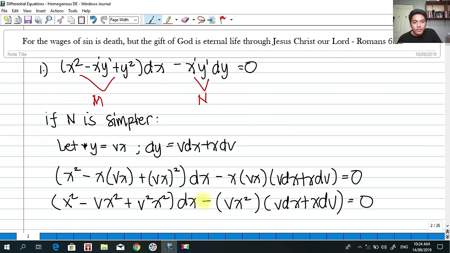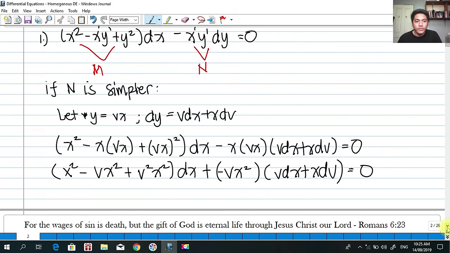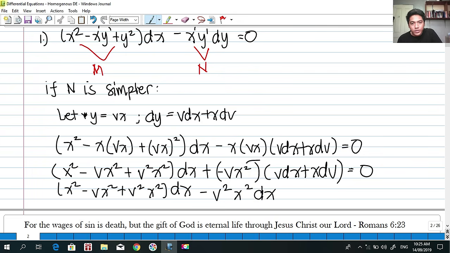Okay, I can make this a plus, and I have a negative value here. Okay, that is still the same. Furthermore, if you are going to solve for that, x squared minus vx squared plus v squared x squared dx, we're going to actually distribute this. So we have negative v squared x squared dx, distribute this,